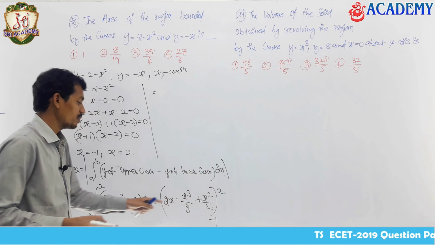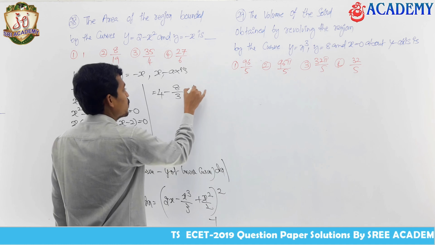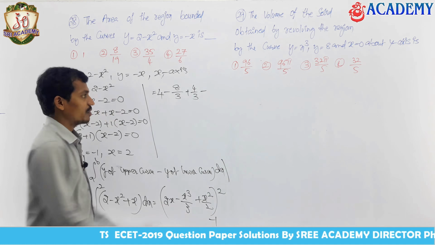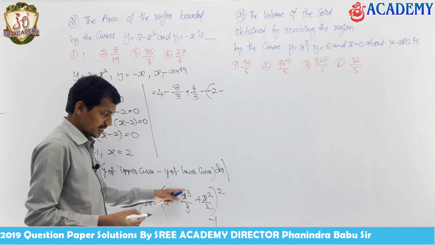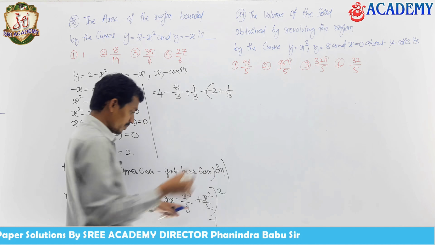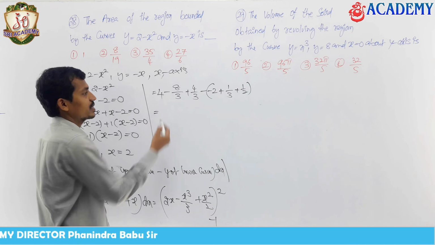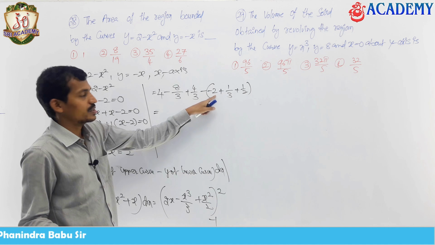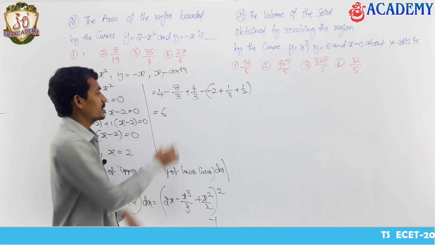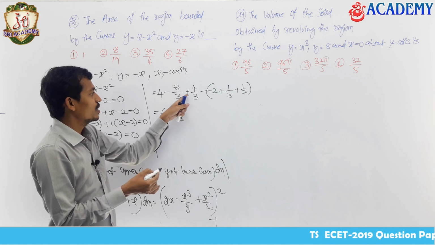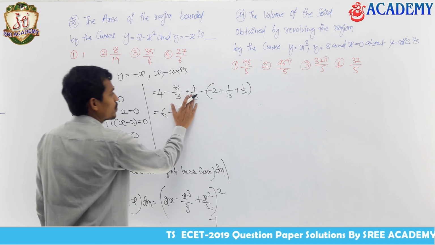Now I am substituting here. If you substitute the upper limit, that is 4 minus 2 cube, which is 8 by 3, plus 4 by 2, minus of 2 into minus 1, minus 2 minus already, minus 1 whole cube is nothing but minus 1 by 3, next minus 1 whole square plus 1 by 2. If you simplify, you are going to get an answer here. See, minus 1 into minus 2 plus 2, 4 plus 2, you are going to get plus 6, minus 8 by 3, minus 1 by 3, minus 9 by 3, it's going to be 3, plus 4 by 2, minus 1 by 2. It's not 4 by 3, it's 4 by 2 only.